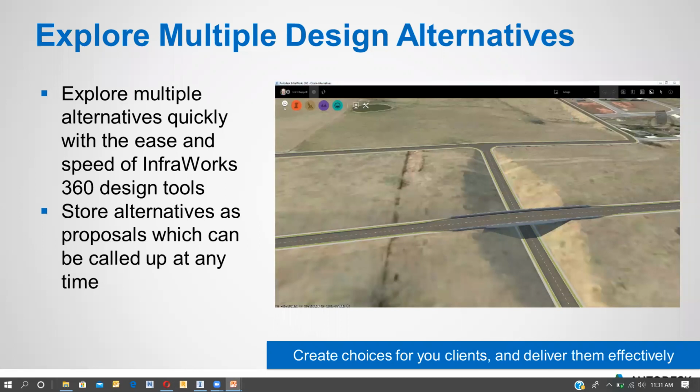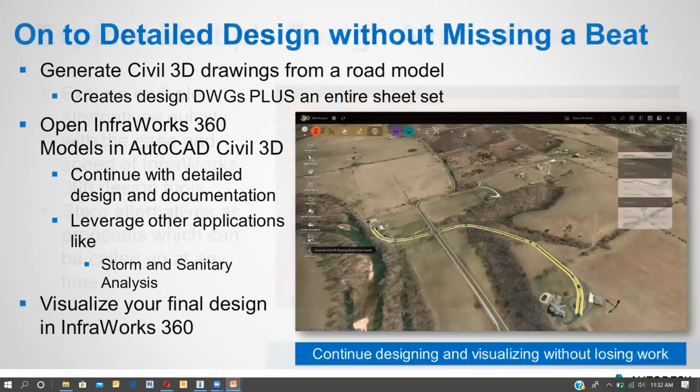We don't want to explain anything in words. He can see directly in the visualization effects how the option works, and he can visualize how it will work out in real time. He can select any one of the options and we can make it happen. So this is a very useful option in InfraWorks to make your clients select from any one of the options.